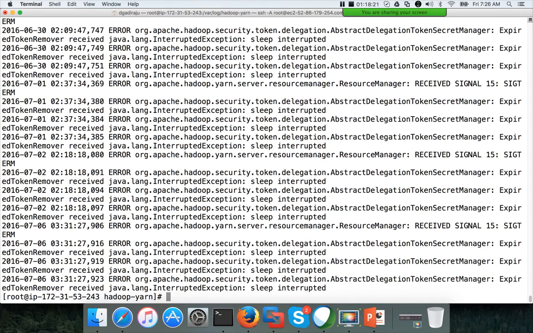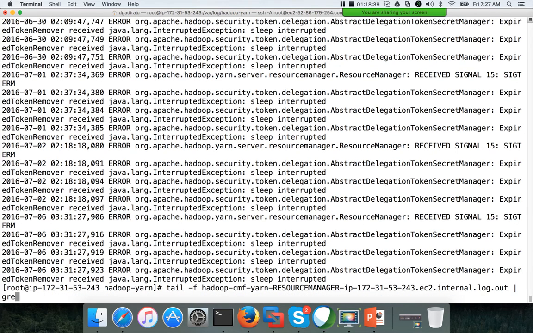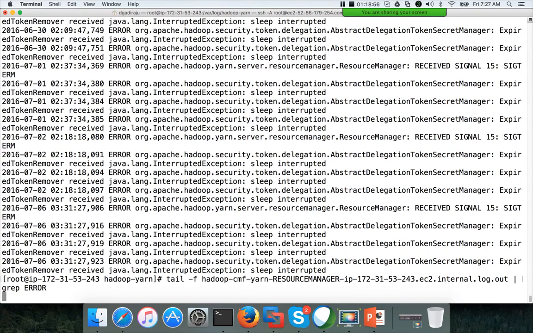If you want to get it in streaming fashion, you can say tail -f. tail -f is the Linux command which will print the last lines, and then it will get the details in streaming fashion. So tail -f and then grep. Probably there might be a direct option in grep itself to go through the file and keep streaming the logs, but this is the command which I am aware of. So grep error. Whenever errors pop up, it will print those errors here.